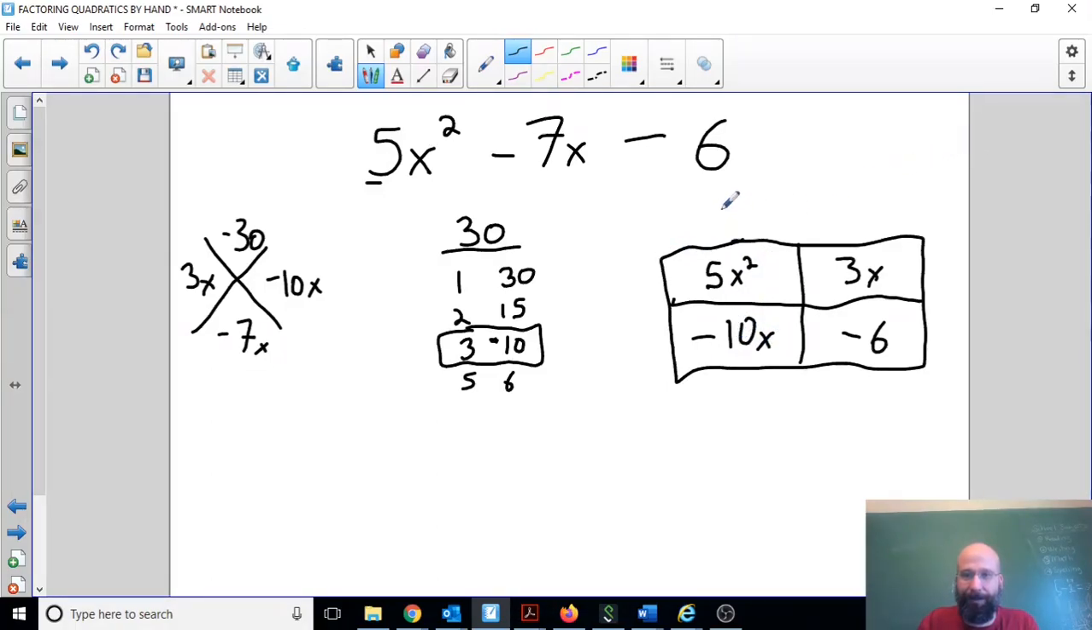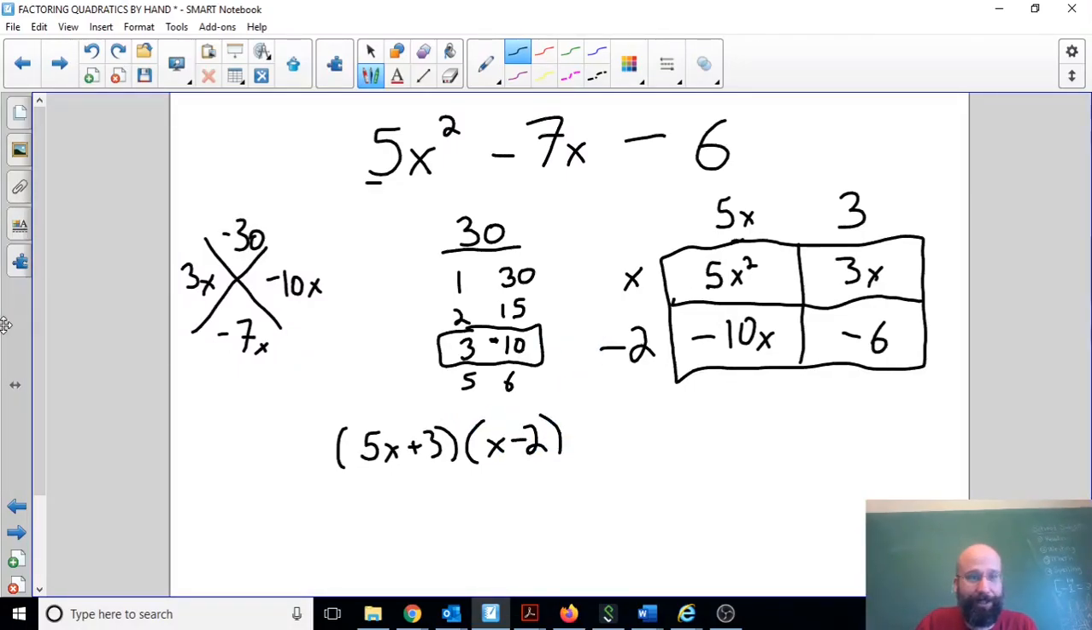And I'm going to factor this way. It's going to be 5x. Again, this is positive, so that's positive. We're going to factor this way. It's going to be 3 because this is positive, so this is positive. I factor this way. I just get x. I factor this way. Since this is negative, this has to be negative 2. So these are my two binomials, 5x plus 3 and x minus 2. And I'm going to check it